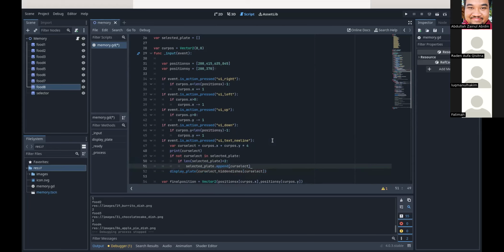So we have the idea. No, sorry, we have the array selected plate, which at first is empty. Over here it's empty. So once we have the selection, we first check whether the current selection is already in that selected plate. Because selected plate is empty, it's going to be true. So it's going to continue. So if length of selected plate is less than 2, so this one